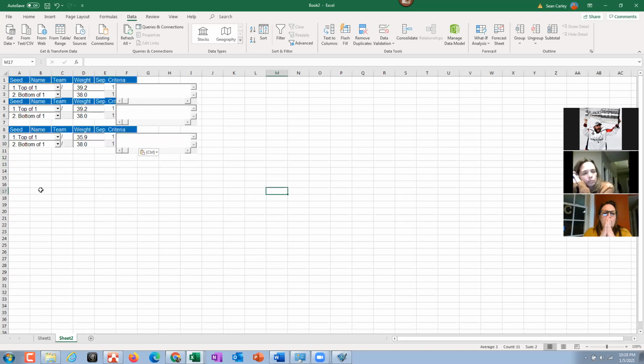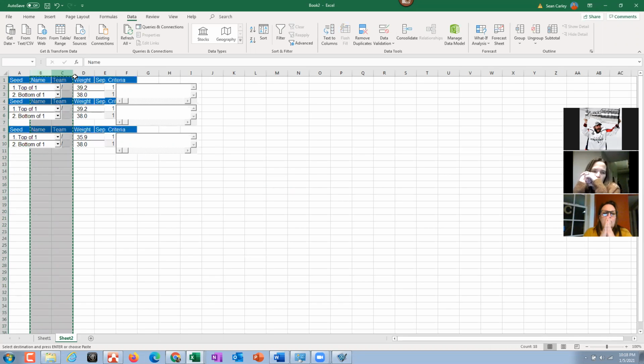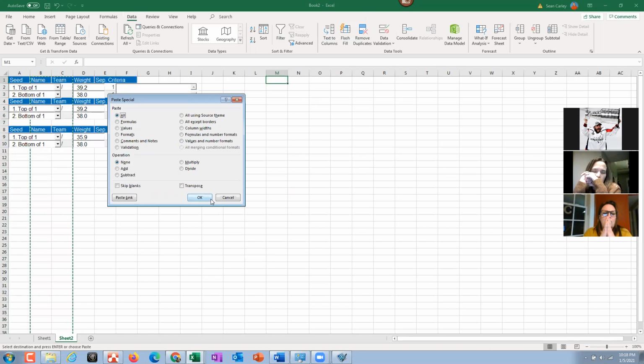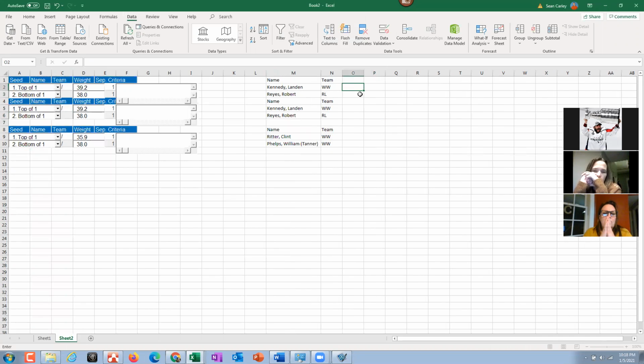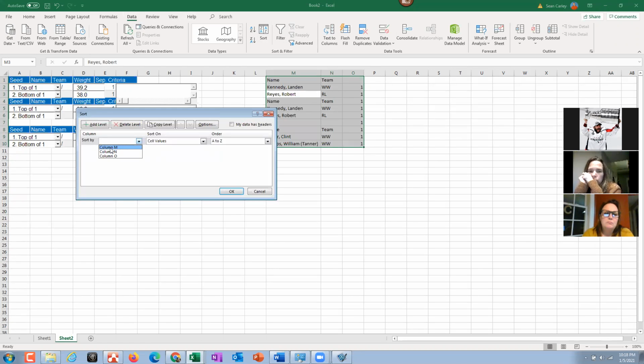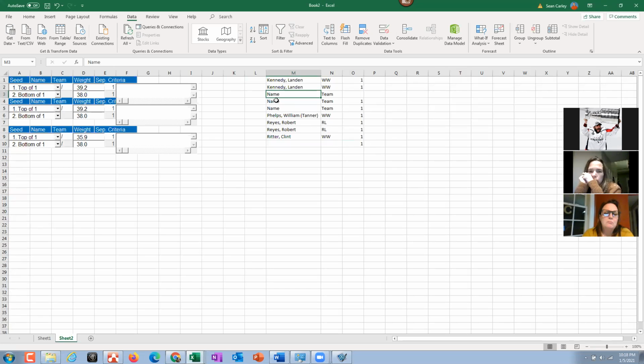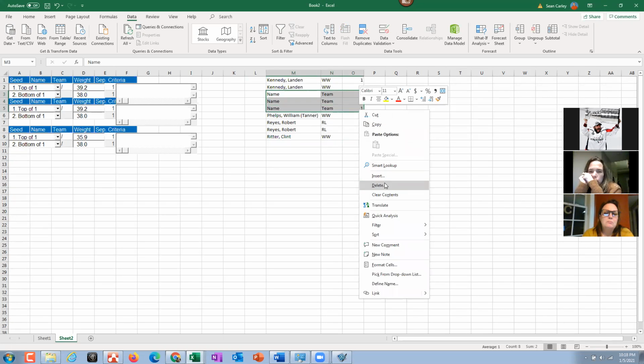So then once I copied them, I would just do it one session at a time, one per tab, and then, because this is ugly, right? So then you just copy B and C like that into a different column and paste special values, Alt E S V, or however you paste special values. And then you have that, and then I would literally write one next to them, like this. And then I would just do data sort by column M to get rid of the stupid names, the titles, and that's what I did.